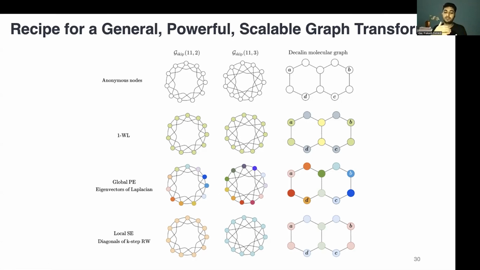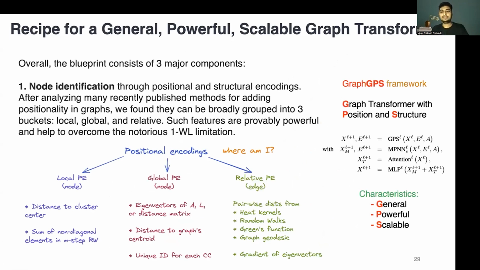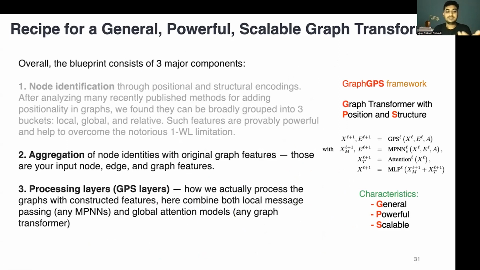So also, in order to make this kind of theoretical improvements, positional and structure encodings are necessary. And in this, different task-based choices can also be made. The second is the aggregation. We aggregate the available node information with all these different kinds of positional and structure encodings. And finally, we pass through a processing layer, which is a hybrid of a local MPNN as well as a global attention model, which tries to solve the bottlenecks I mentioned earlier, but also takes the best of both of these operation layers on graphs.